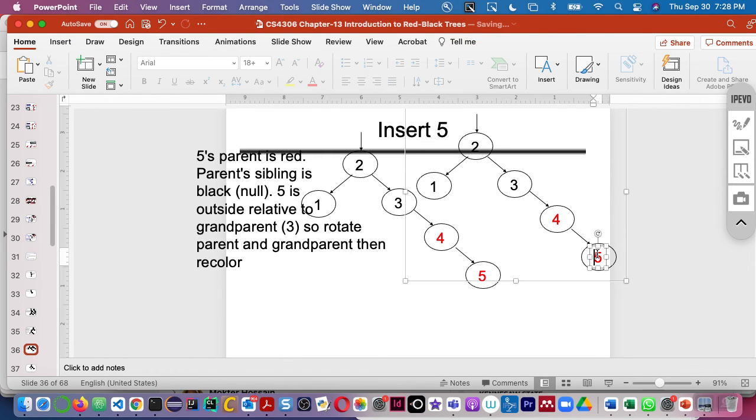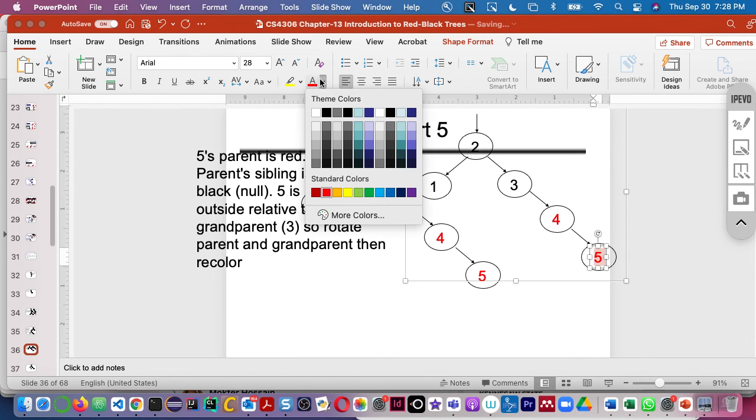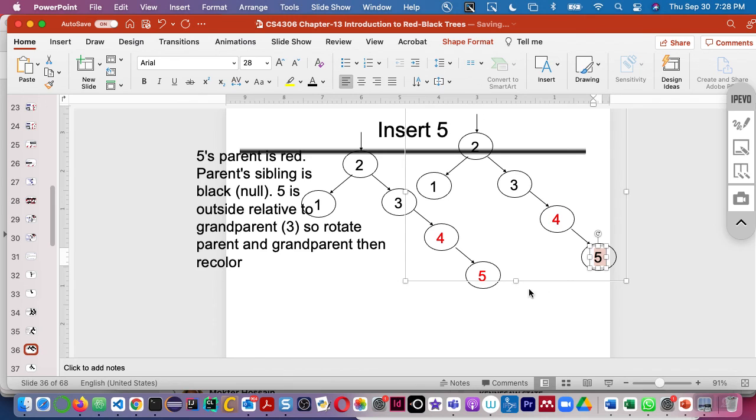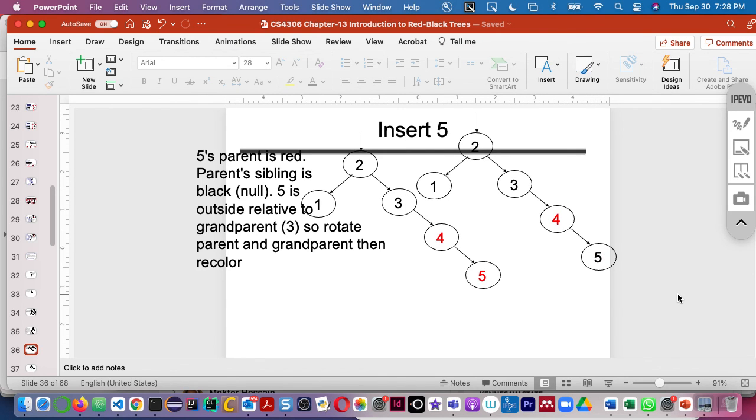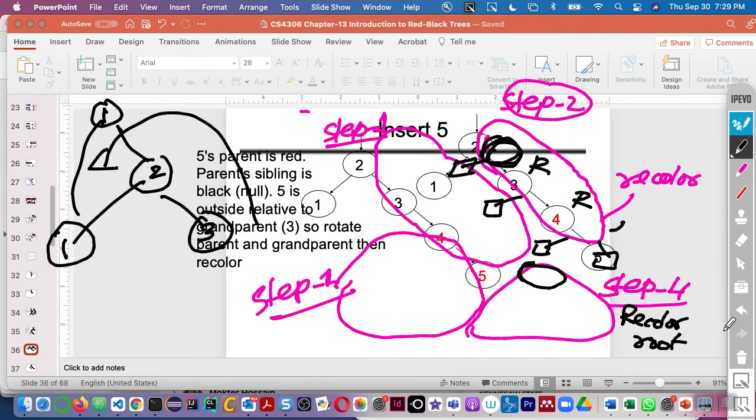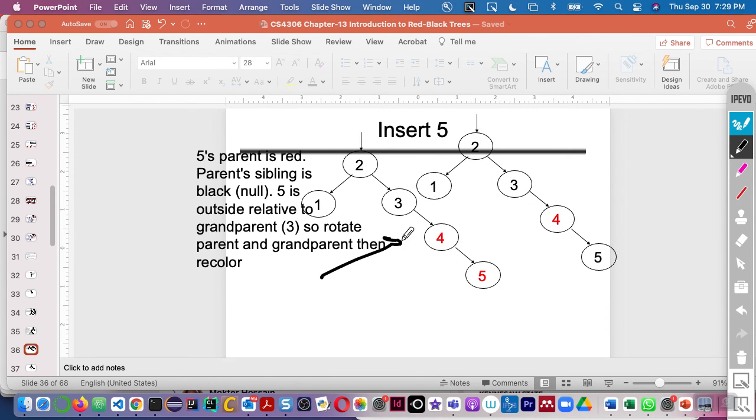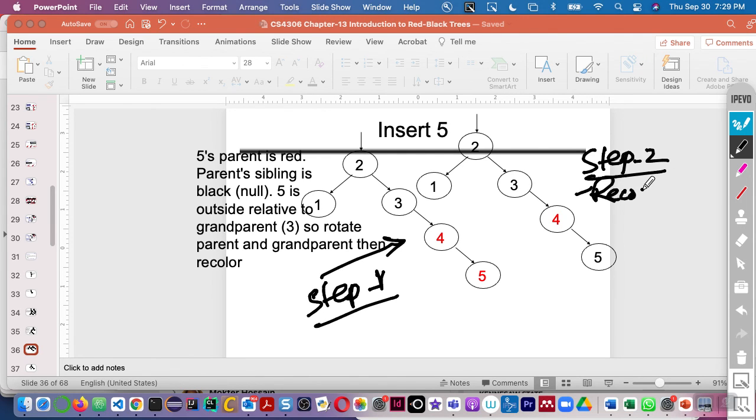Okay. The second one, step 2, will be recolor. So this one was step 1, and this one is step 2. Recolor 5. Now